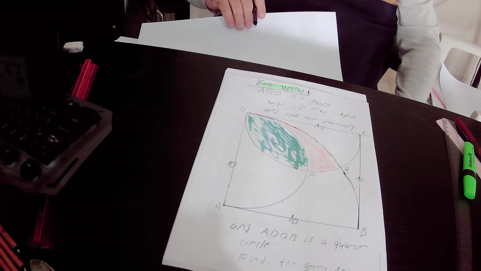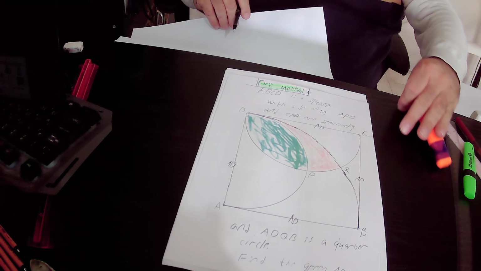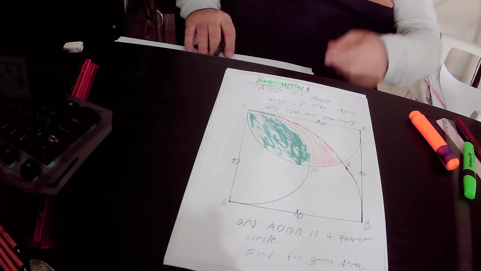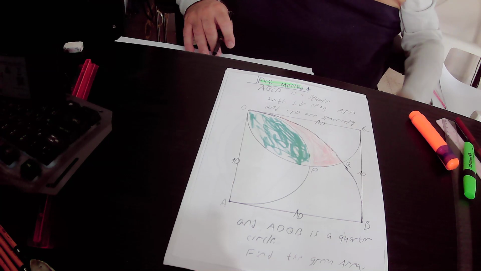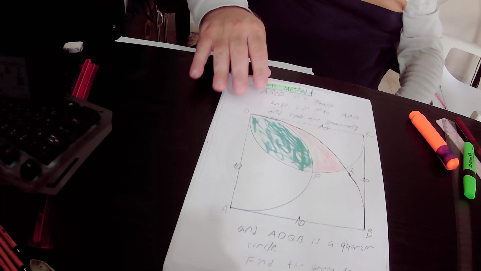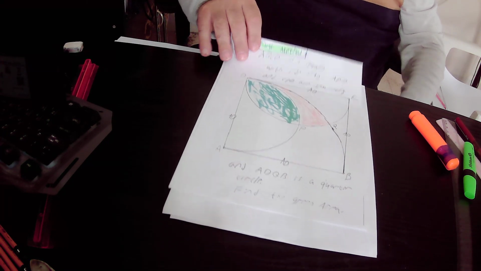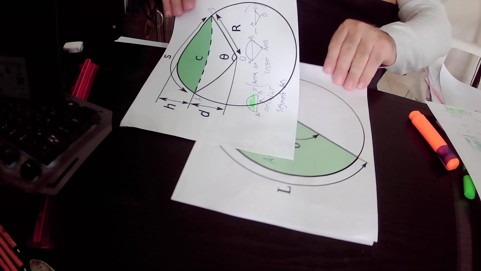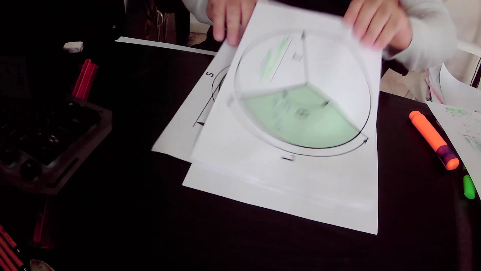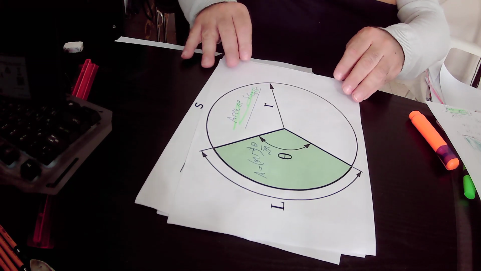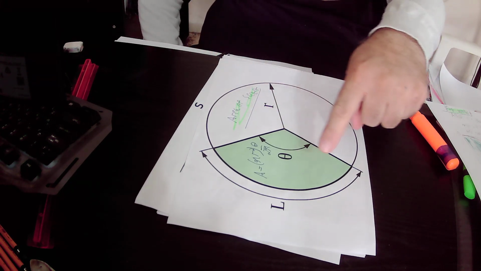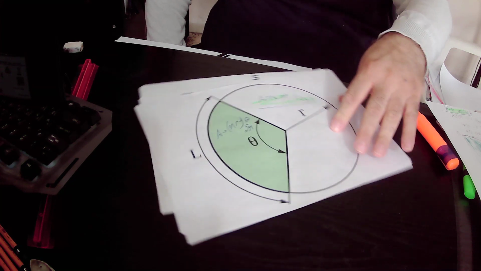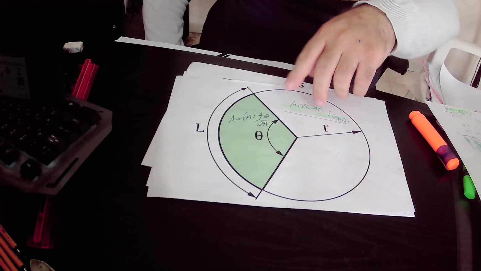Okay, but first of all I will explain a new theorem. What is the area of the green sector? The area of this green sector